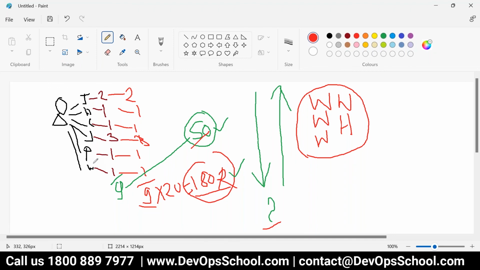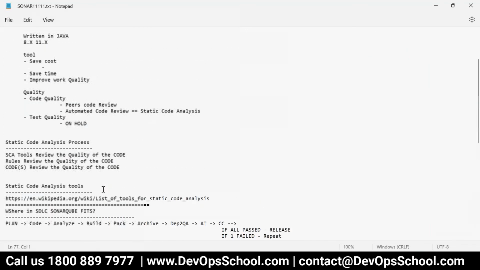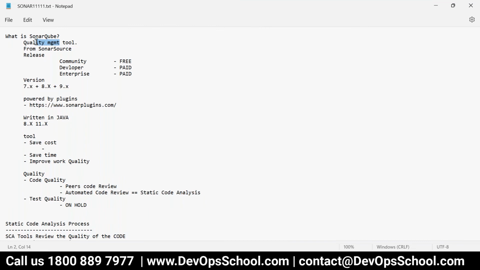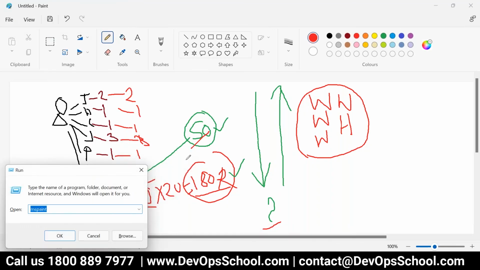Yes, that's correct. So this is where we are using SonarQube. That's the reason I said it is a management tool. I view SonarQube as a management tool, but for what? Quality management. Okay, I'll discuss a little bit more, but let me show you one more image